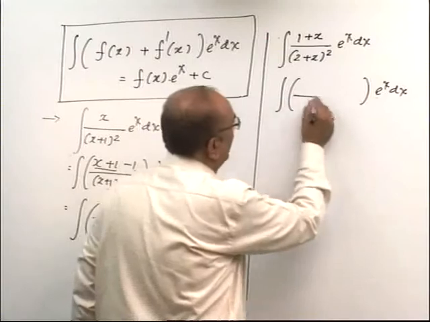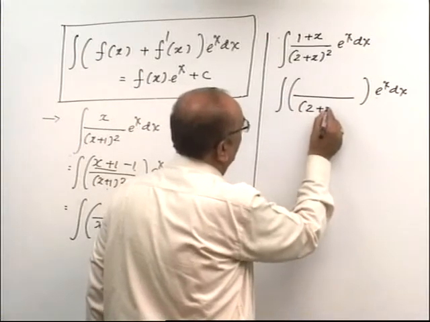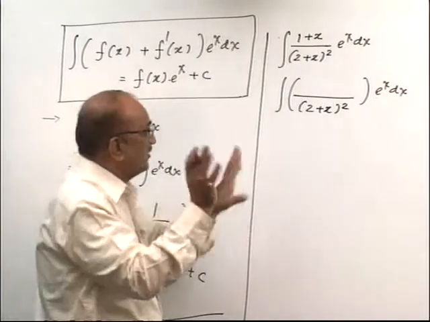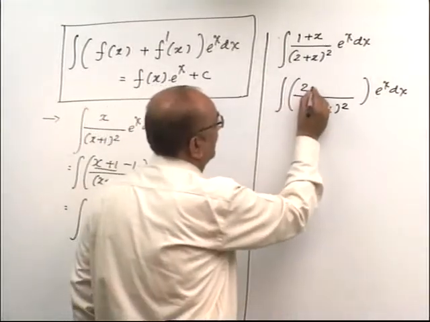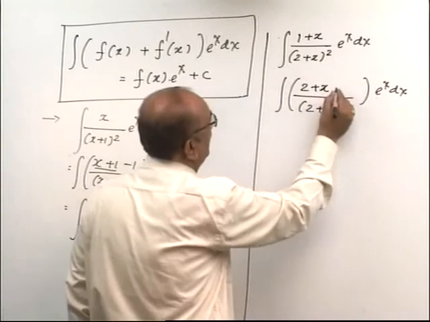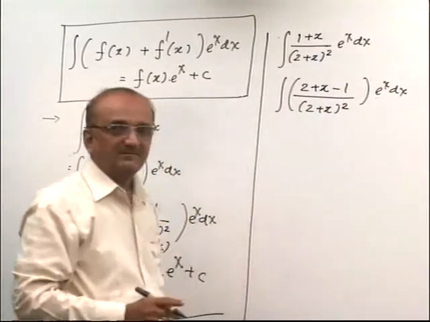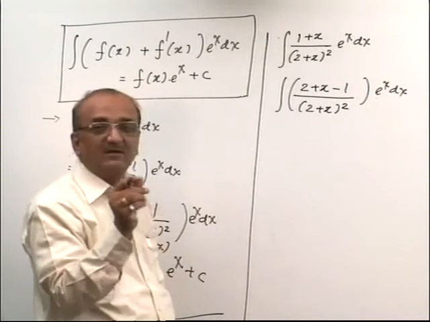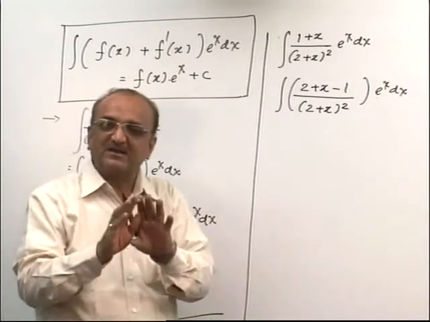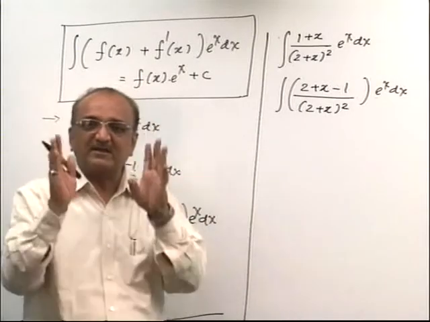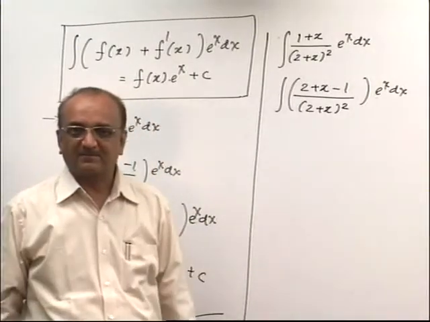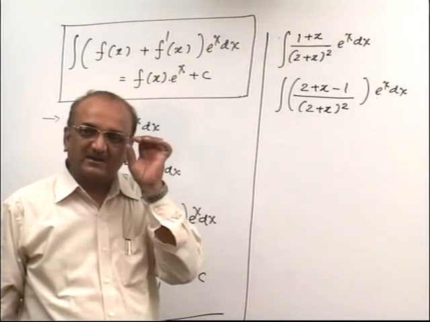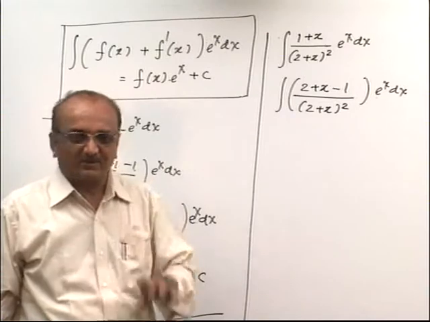Write down first very clearly. The numerator is 1 plus x. First of all, you should write down 2 plus x. Then what to write in the next step? Minus 1. Because 2 plus x minus 1 is 1 plus x, the equation term is satisfied, with no disturbance in the original and the next term. Fine. This logic is very important for this example.